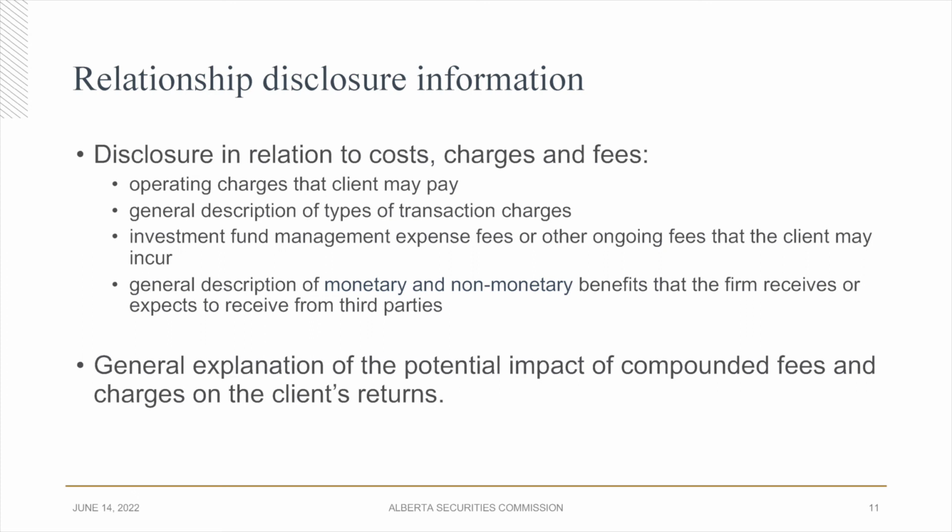As an example, firms can meet this requirement by including an account-level example of how a 2% management fee and a 20% performance fee above a high water mark would have impacted a client's return if they had invested $10,000 over 10 years in a composite of the types of securities offered by the firm, if past performance is available. When past performance is not available, firms could perform the same calculation using a benchmark that is reasonably relevant and comparable to the securities offered by the firm.